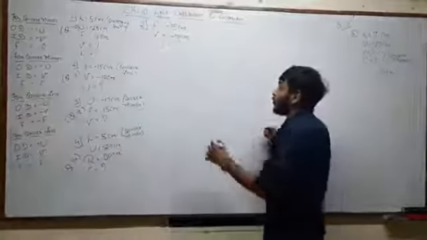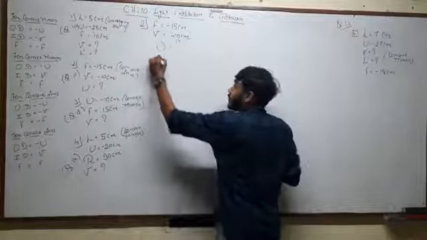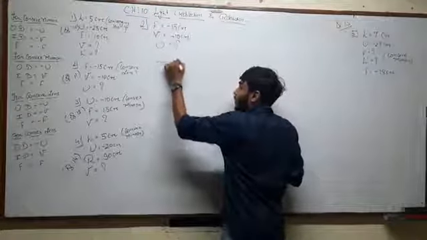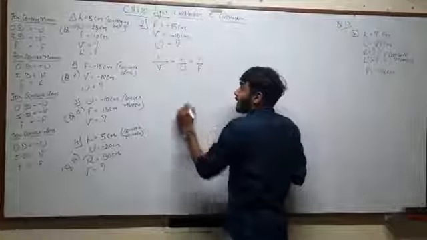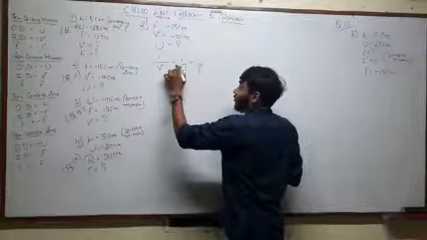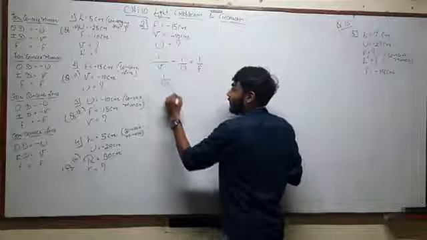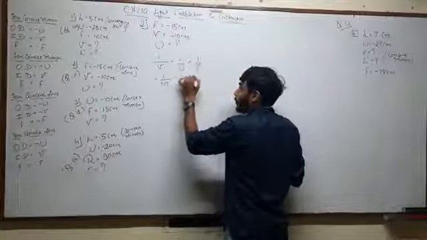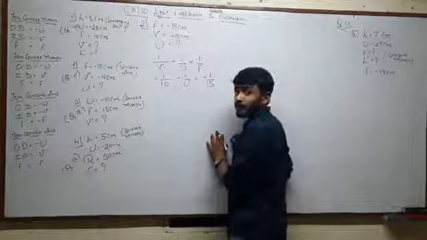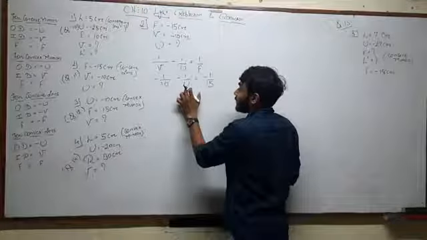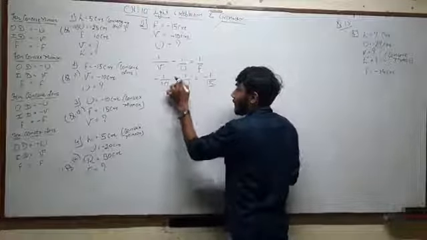Fine. So the formula for a concave lens is 1 upon v minus 1 upon u is equal to 1 upon f. We need to find 1 upon u. So we will substitute the values, that is 1 upon minus 10 minus 1 upon u is equal to minus 1 upon 15. Now what happens? I can shift this thing over here and this over here. So that becomes 1 upon minus 1 upon u.